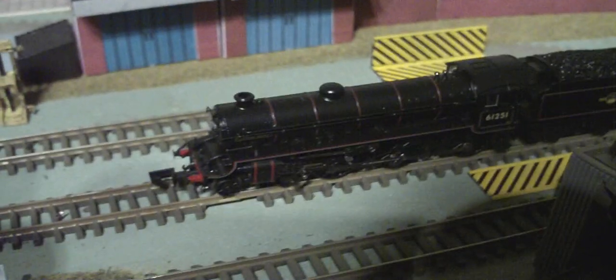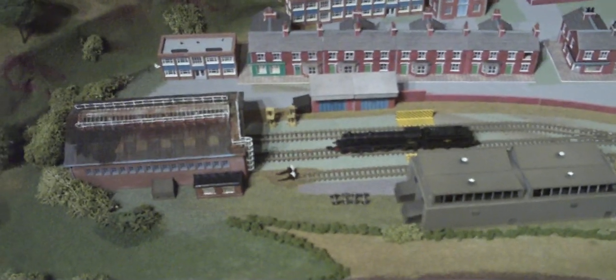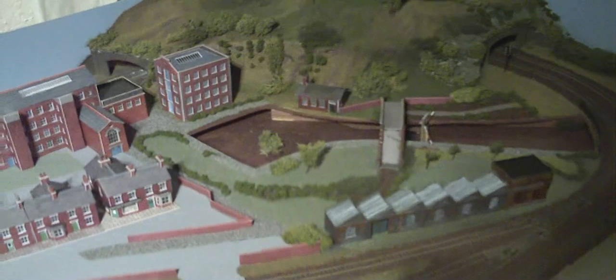I'm not going to do the B1, because it'll be absolutely murder trying to do that. The pickups are on the body and on the actual loco wheels, as well as the tender, and the motor's in the tender, so I'm not going to attempt that. So anyhow, end of video. This is the way it's going to be. I'm not moving any more buildings, and I'm going to concentrate, when I've got short amounts of time,